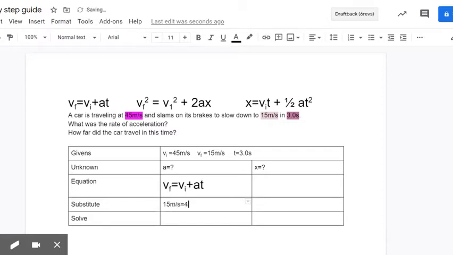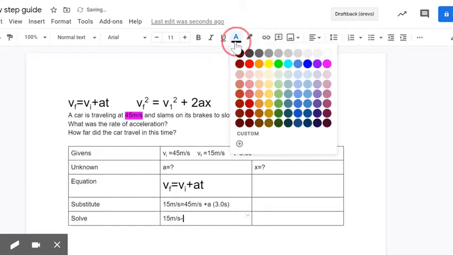My VI is 45. My A, I don't know. And my T was 3. Now I can solve the problem algebraically. I'm going to want to subtract 45 from both sides. 15 meters per second minus, I'll change colors